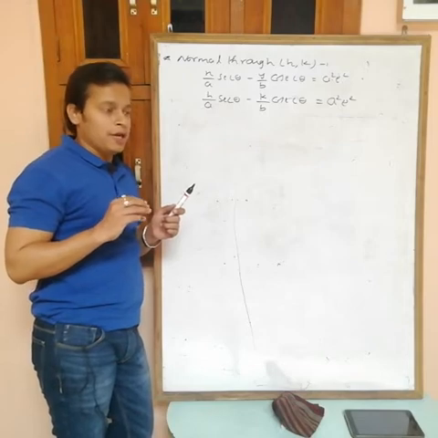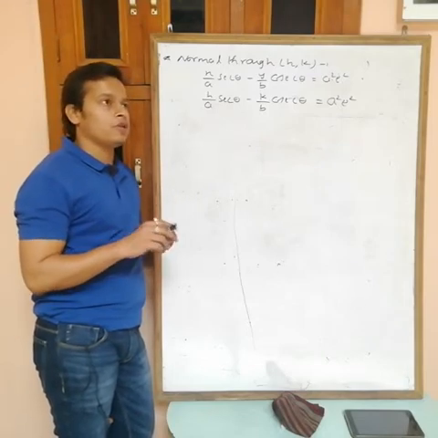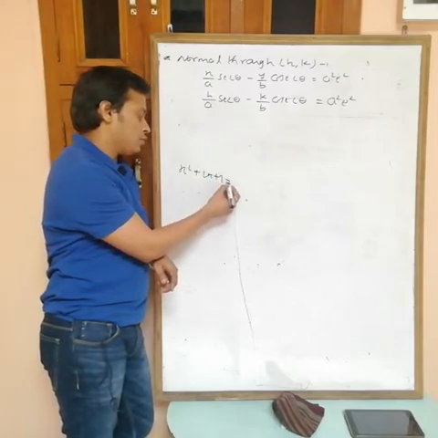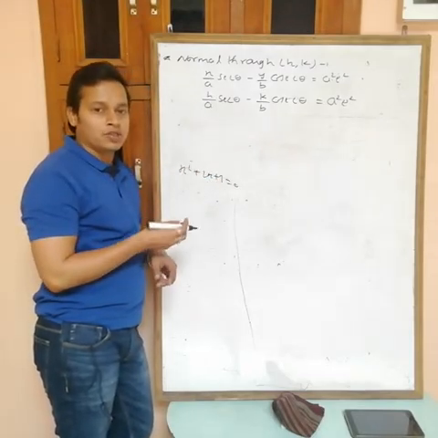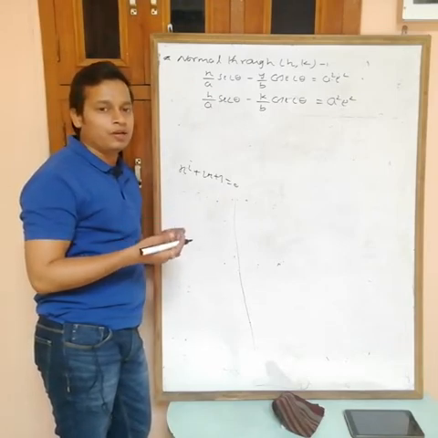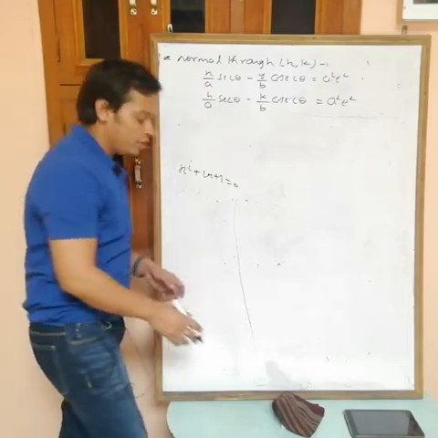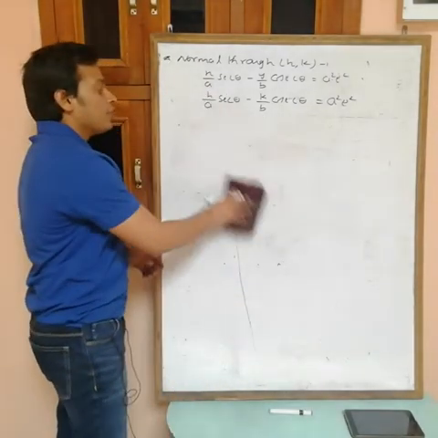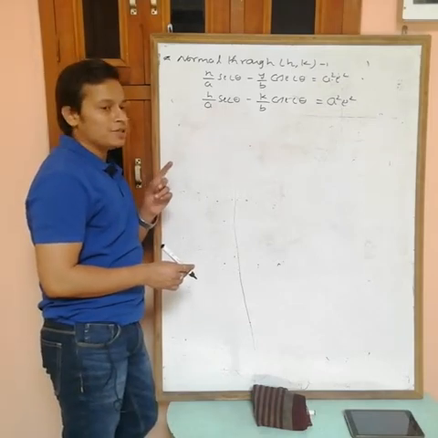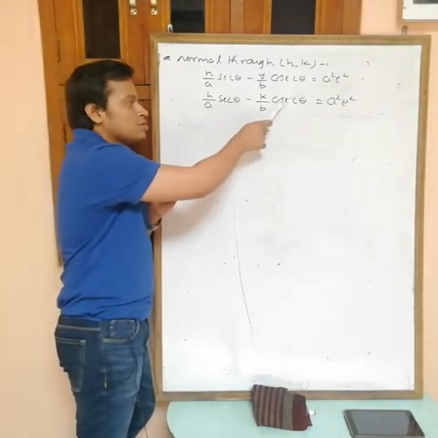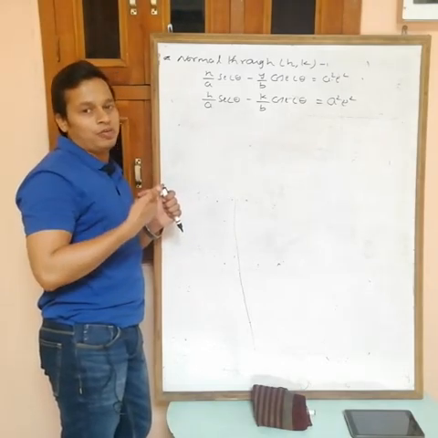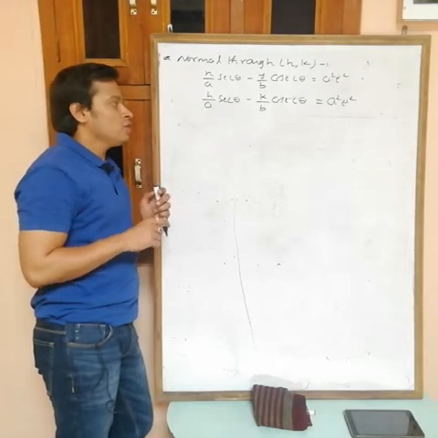So that is simple. For any equation, suppose there is an equation x square plus 2x plus 3, a quadratic equation in x, so I can say that maximum you will get 2 values of x. If it is a 3 degree equation, then maximum you will get 3 values of x. So here we have to write this one in terms of powers of a variable. Can you decide the degree of this equation at this time? Actually no, because this is sec theta, this is cosec theta. First convert both in terms of the same type of trigonometric function. So how to convert?